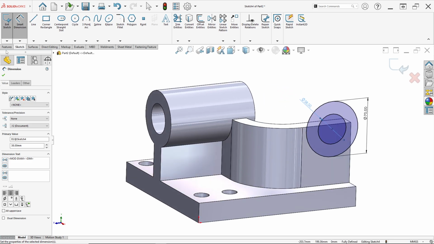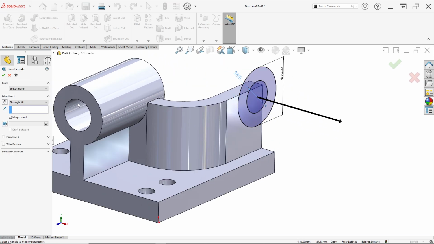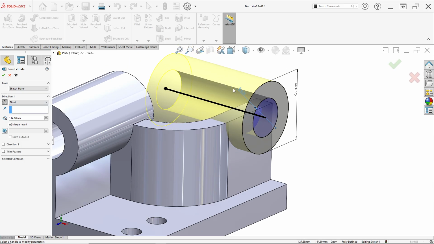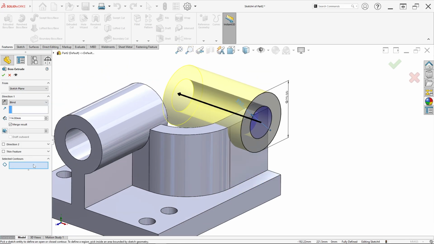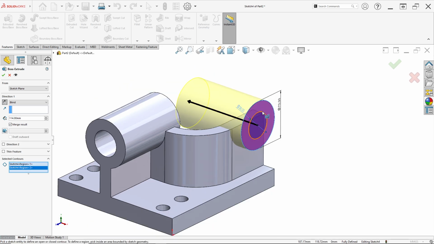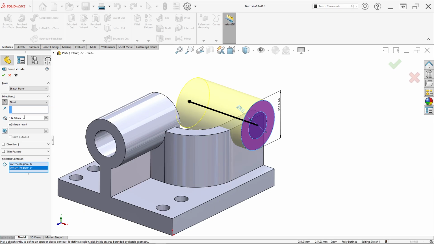And just click Feature, click Extruded Boss/Base. Change direction to Blind, and we can reverse direction in here. For Selected Contour, click this circle and this circle, this sketch and this sketch. But for length in here, 51 millimeter. Change in here to 51 millimeter.